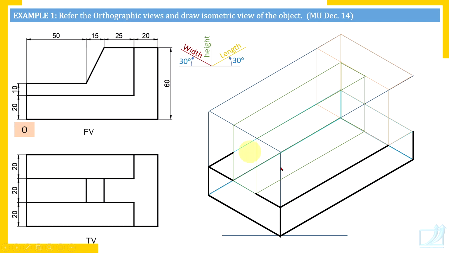Now this vertical plate, its front surface is here. This is front surface. Complete rectangle I have not made dark because this edge will not appear since these two surfaces are in one plane. Now top surface. So edges on the top surface I have made dark. Now top surface is rectangular surface, but I have not made this portion dark. The reason is here the two surfaces are meeting, two top surfaces of these two plates are meeting in single plane.